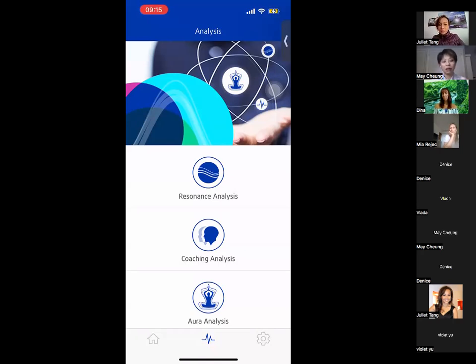Before I start, I want to say something about the aura module. If you don't meditate regularly, or you have not had any coaching done before, or you are just starting to learn, you will find the language in the aura analysis hard to understand. So I always say that for someone who's starting to use the aura module, just be gentle with yourself. You don't have to understand everything. Some of the points may resonate with you later, and you will have the opportunity